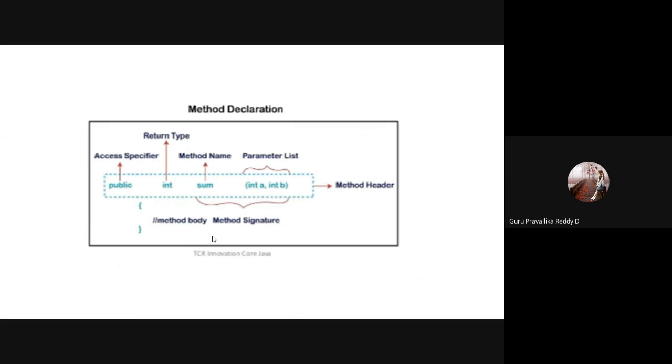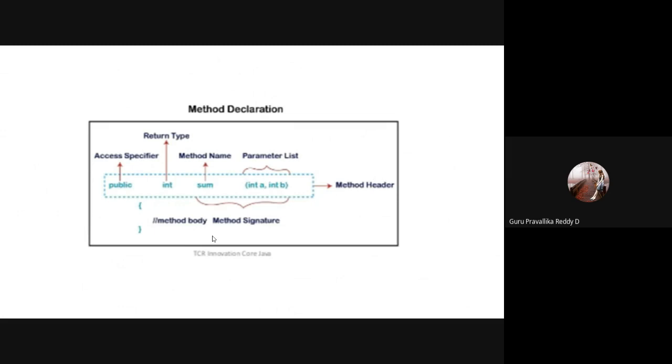Access specifier. Access specifier or modifier is the access type of the method. It specifies the visibility of the method. Java provides four types of access specifier: public, private, protected, default. Public. The method is accessible by all classes when we use public specifier in our application. Private. When we use a private access specifier, the method is accessible only in the classes in which it is